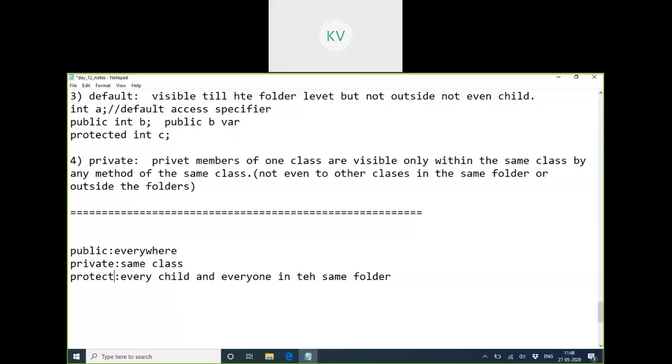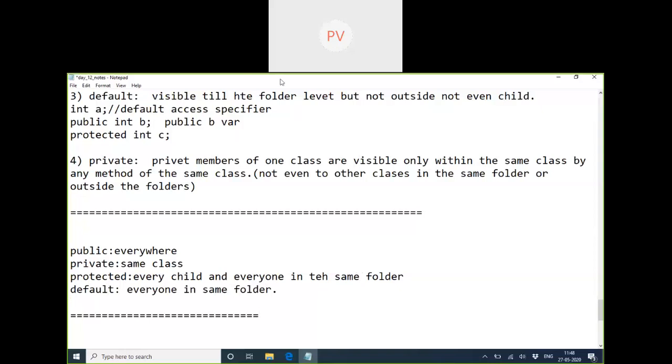That is protected. And default: everybody inside the same folder, not child classes. That's it. So this is the simple definition of it.